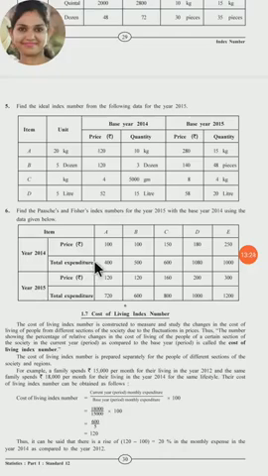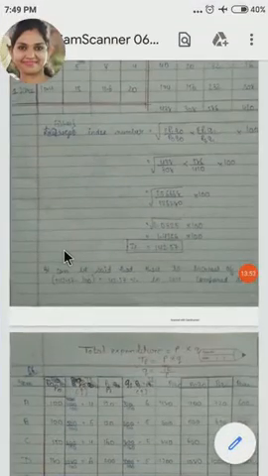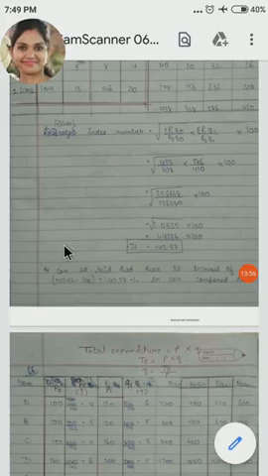So first of all, I have to find the Q column for the year 2014. It means the base year. Q0 I have to find, and from the current year total expenditure, I will find Q1. It means the quantity of the current year, right girls? Here what is the main beneficial thing for us? Unit conversion is not given, so it will be very easy. See the answer. Keep your textbook with you, so whenever I speak, you can easily see in your textbook and understand it easily, right?